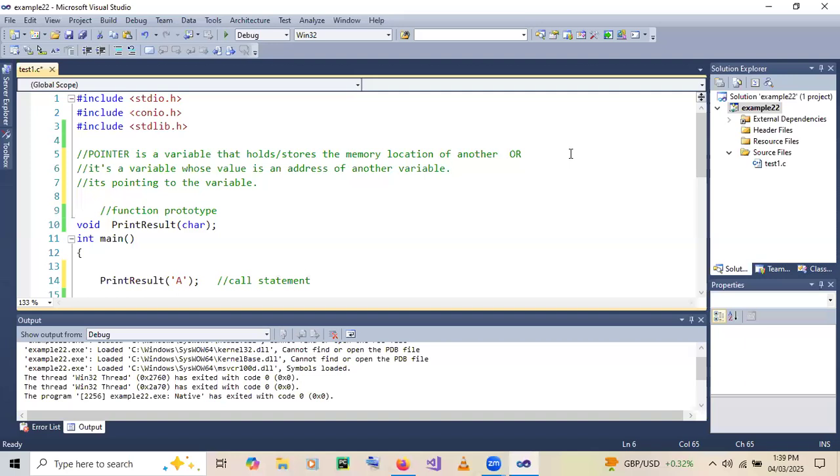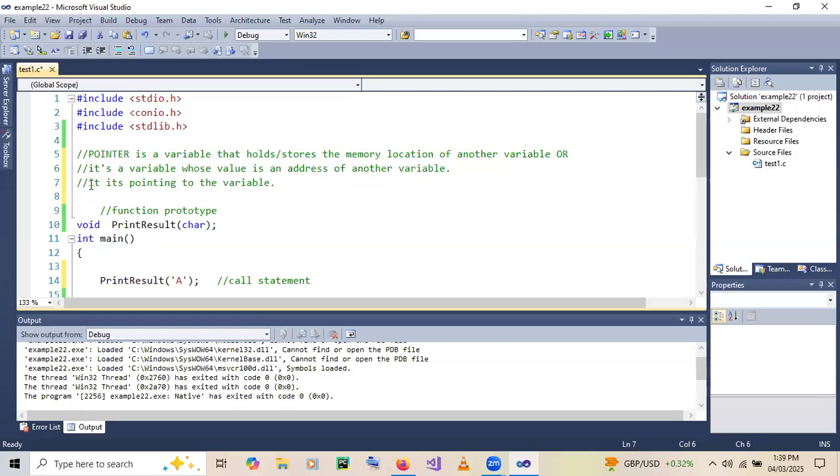A pointer is a variable that holds or stores the memory location of another variable, or is a variable whose value is an address of another variable. Therefore,